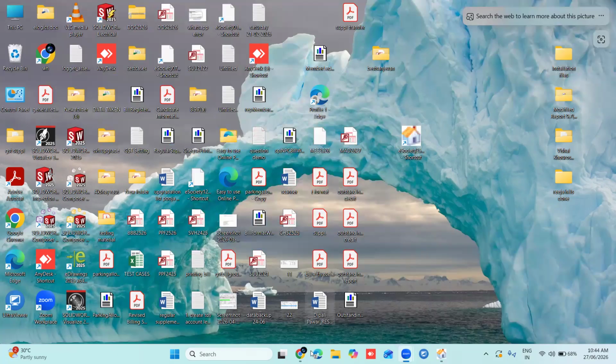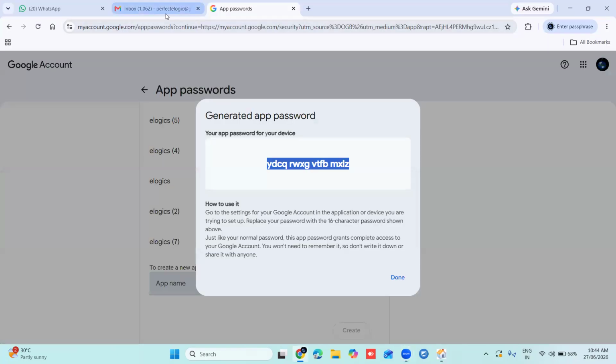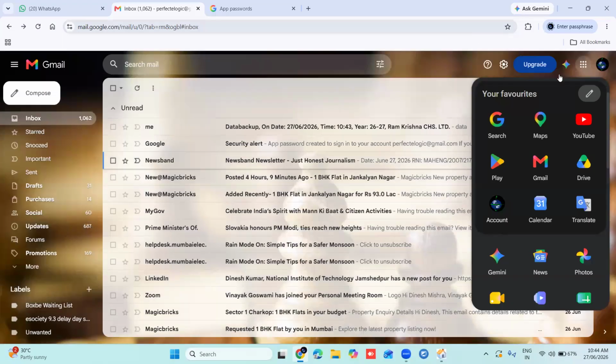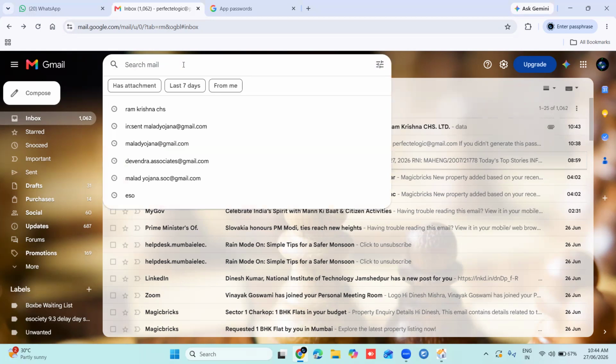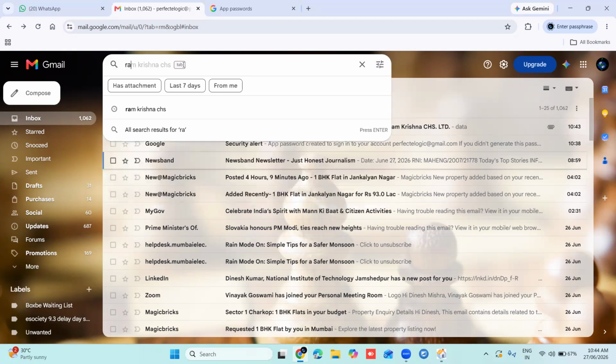For checking that backup, we have to go to that email ID which we have set. Here you can see this mail, data got backed up here. Data backup on date and the time, also the year and society's name. So if you want to search the particular society's data backup, here in the search box, enter the name of the society.